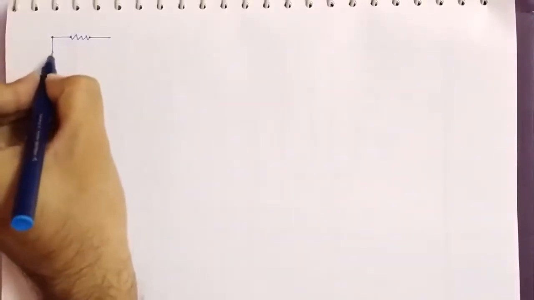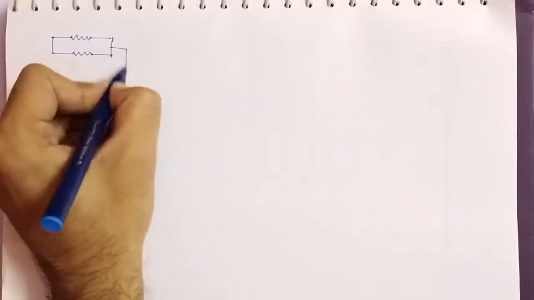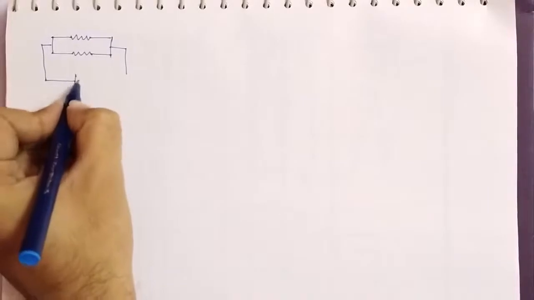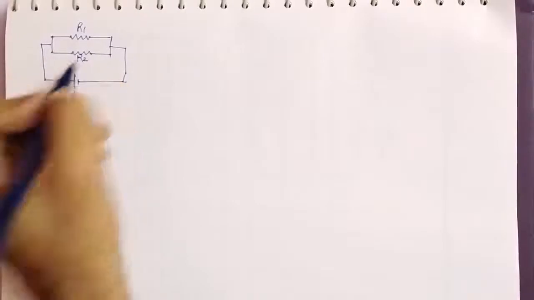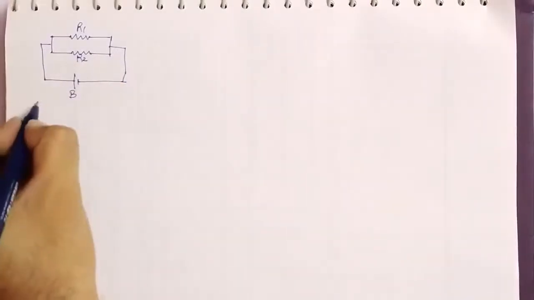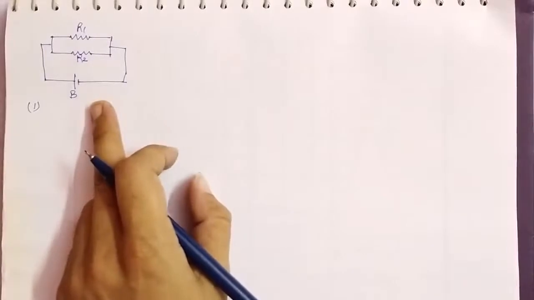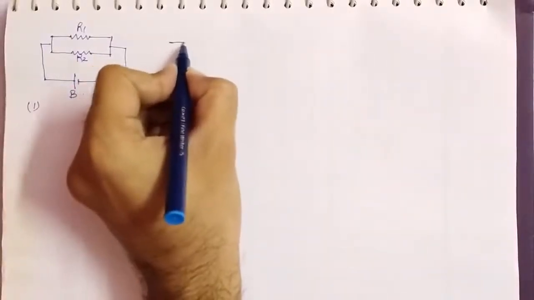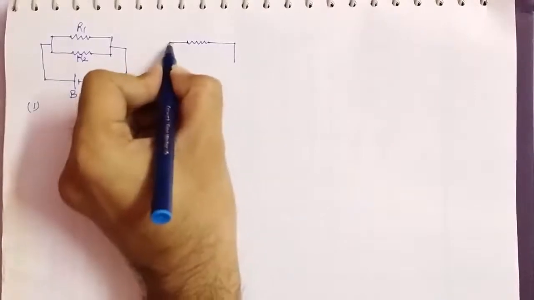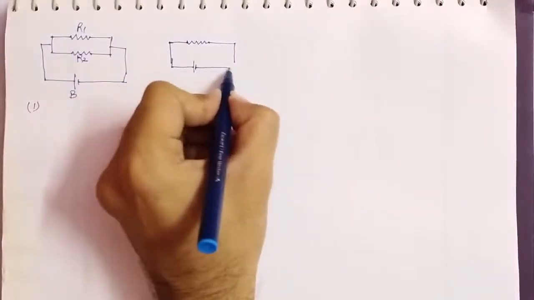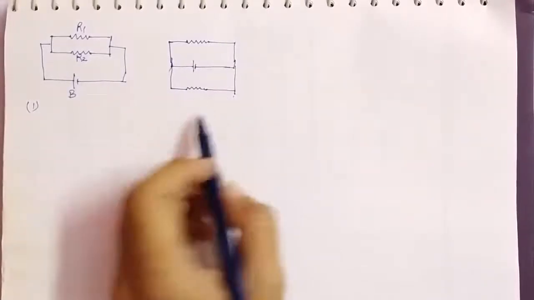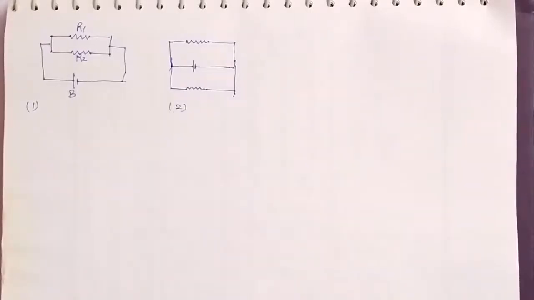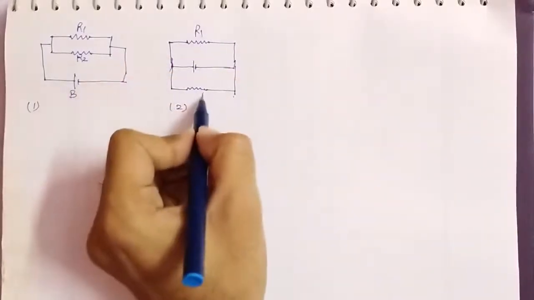So first I am drawing a very simple parallel connection, the way we have studied parallel. This is the simplest way we have studied. This is our battery, this is our R1, and this is our R2. That is the first format, where both are in parallel. Now the same example can also be given in a form where the battery has been shifted here in between, and the second resistance is brought to the last side. That is the second configuration, and that is again the parallel connection of R1 and R2.